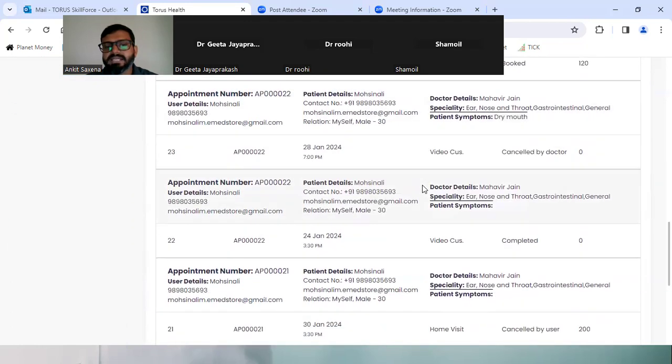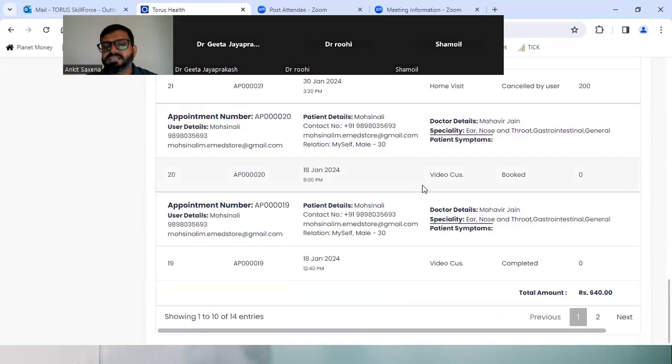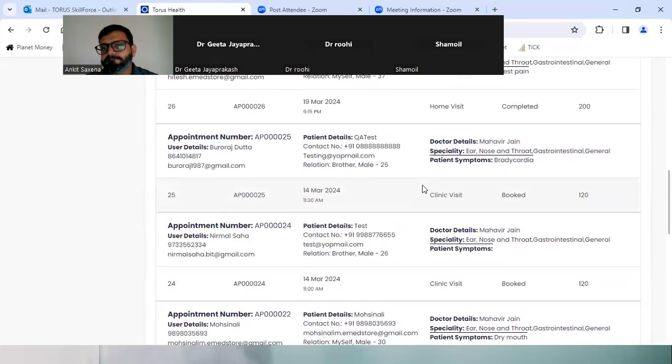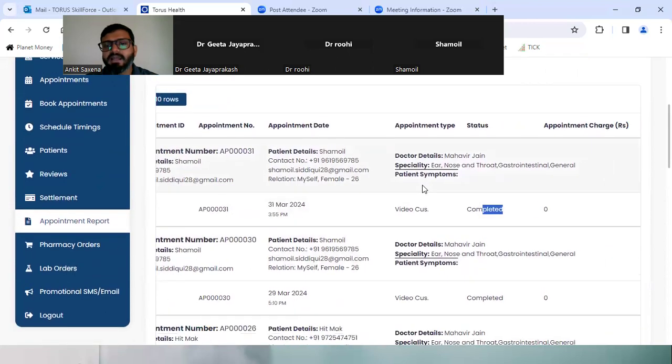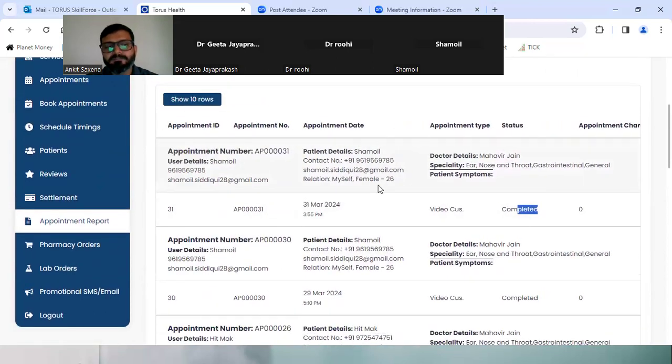The entire detail, and you can also export these details in Excel, right? So that's the appointment report tab. And after that, these are the details about your patients.